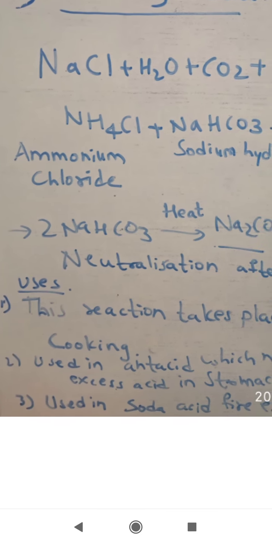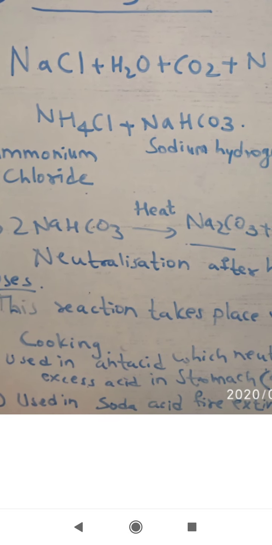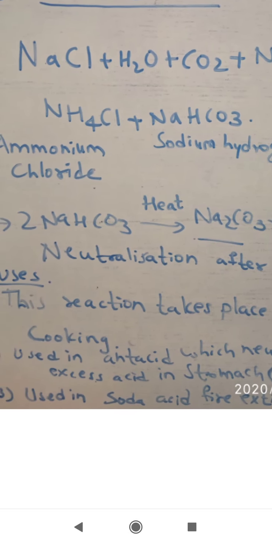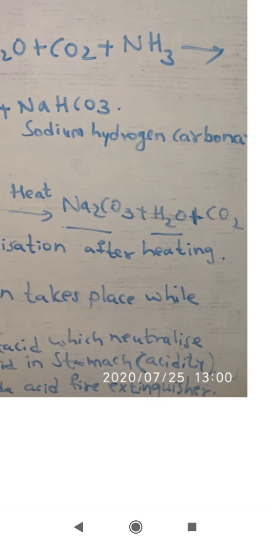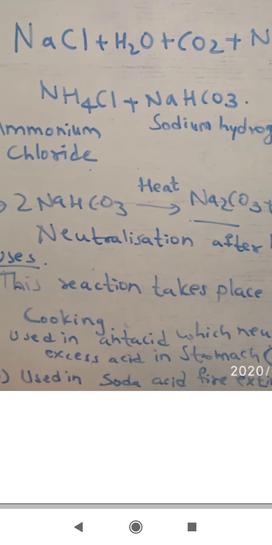This is how sodium hydrogen carbonate works when it is heated. First it is put in the baking bread and all: a gram of flour is taken, baking powder is put in that, and it is kneaded and kept, and then it is heated in the oven. That is what is going to take place here. When the baking powder is heated, it will give out sodium carbonate, water, and carbon dioxide. This carbon dioxide which is coming out will escape from the bread particles.